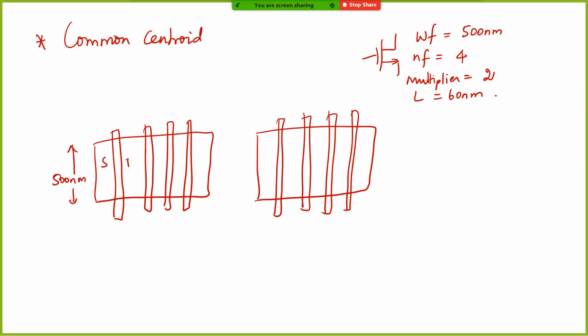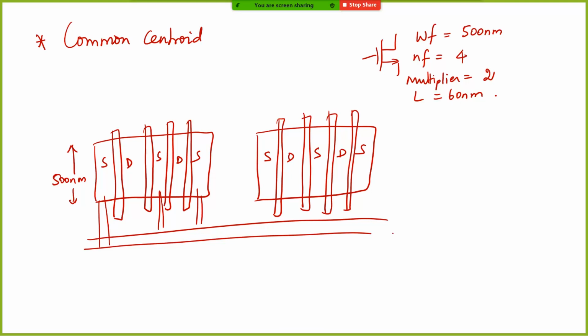So let's say this will be S, D, S, D, S. This will all be S, D, S, D, S. So all the sources need to be connected to, let's say if this is the NMOS, it gets connected to the tail current source. So all of them will get connected to this bottom kind of rail. Of course, the drains will now have to get connected to a top kind of thing, to which the PMOS transistors, which will have a similar kind of thing, will be connected.